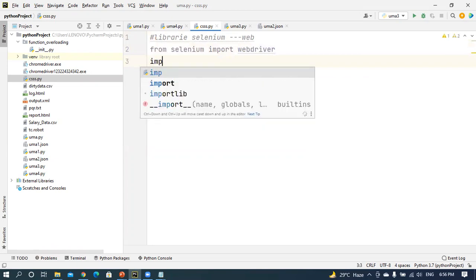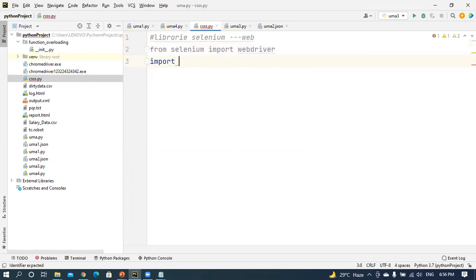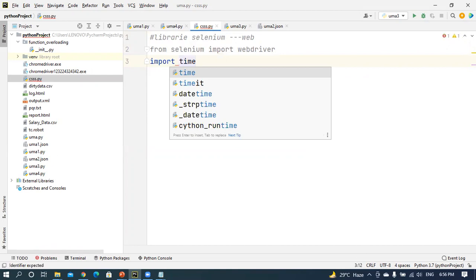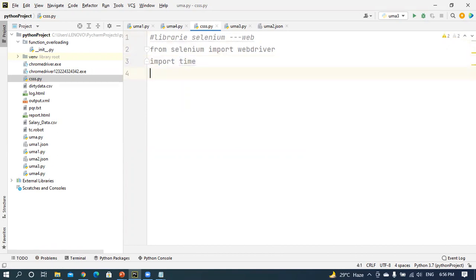After that, import time. Okay, is it clear? That means first I imported the WebDriver. After that, I am going to create a driver object.